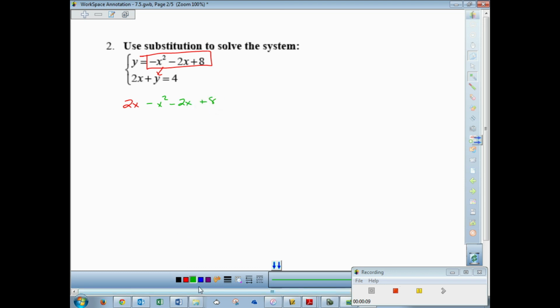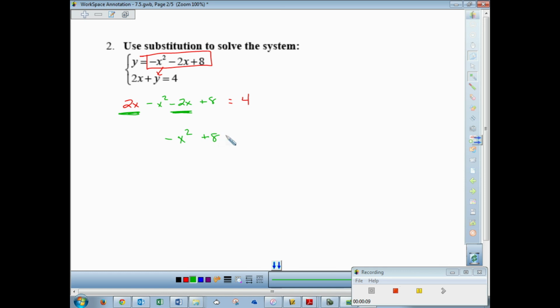All of that stuff goes in for y, and that is equal to 4. Cool with my substituting? Since y was already by itself in one of those equations, I just put them in there. Now, these guys, it is quadratic because you got x squared and x to the first, but since these are like terms on the same side, what does 2x and a -2x add up to be? Nothing. So you got -x squared